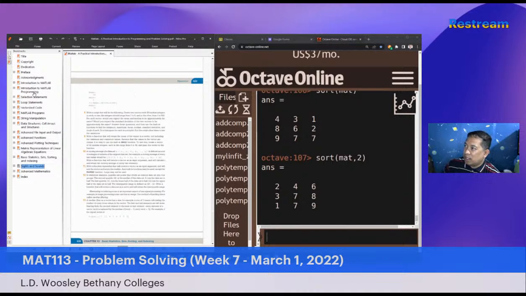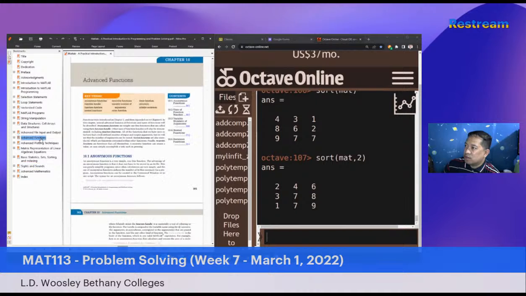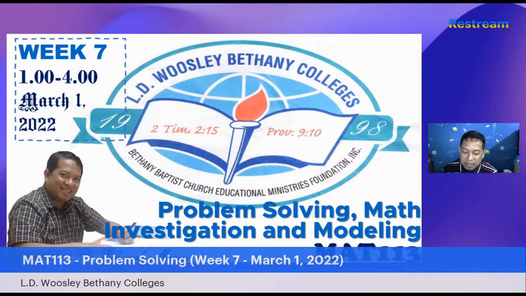By next week, Lord willing, I will be looking into advanced functions. Ito munang advanced function. Kung may time pa tayo, advanced plotting technique. So pagpa-plot ng mga functions. No? Magka-related kasi ito. Advanced functions and advanced plotting technique. Okay, so far, yun lang muna. So I thank the Lord for this time. And by next week, we'll be doing that advanced function. I'll be uploading a new material for you. And for that, advanced function and advanced plotting for that function. Okay?